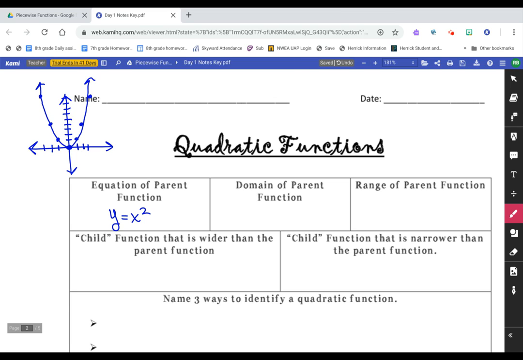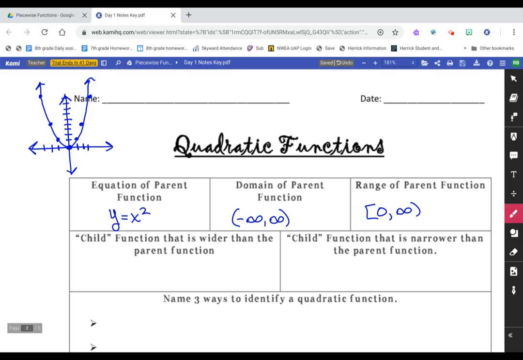The domain of the parent function would be all real numbers. The range of the parent function would be, we would be at 0, and actually it would be a bracket. So we'd have 0 to infinity for the parent function. Okay, if we wanted to